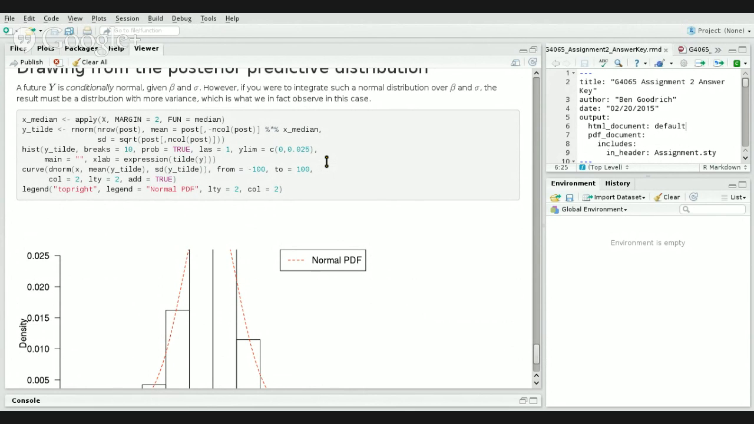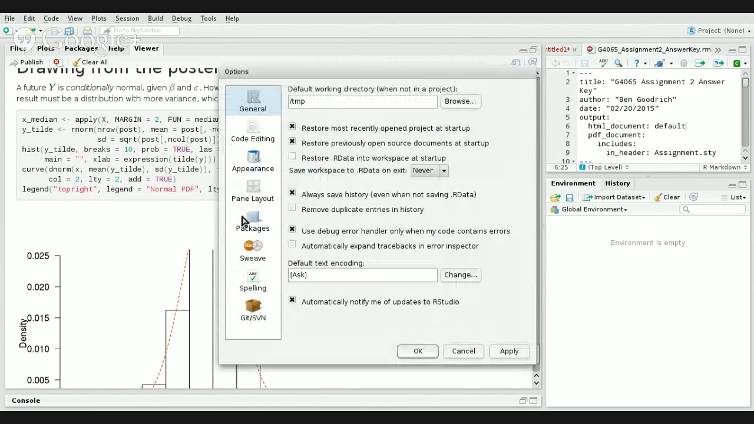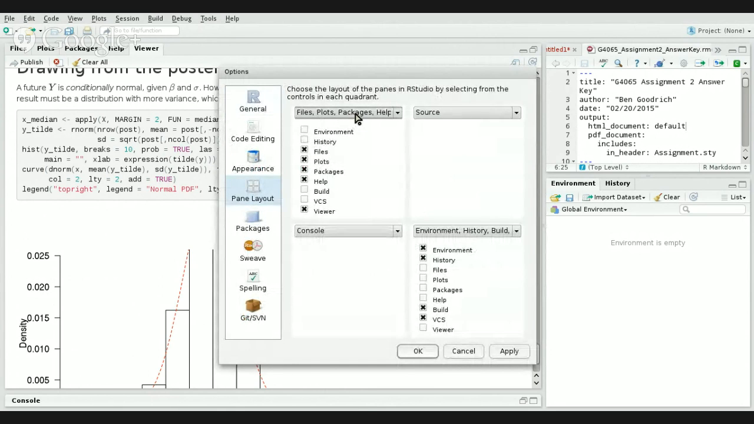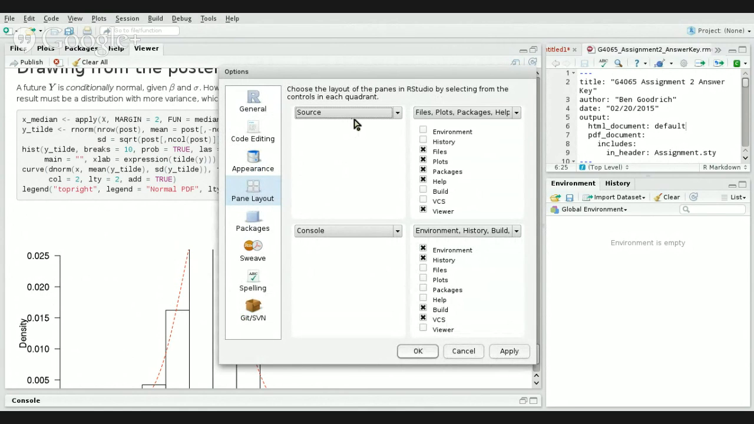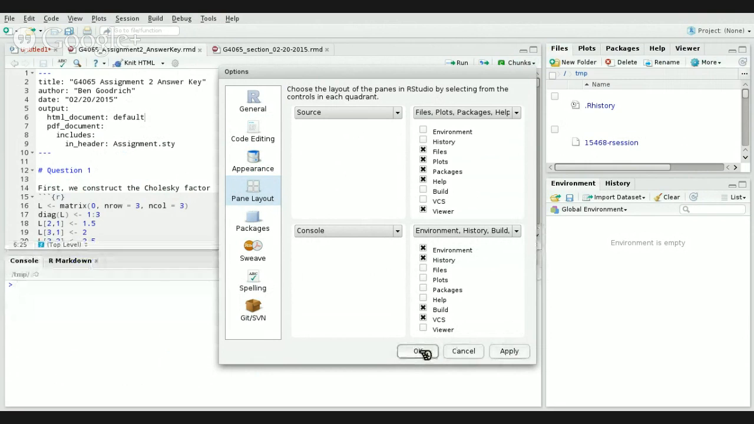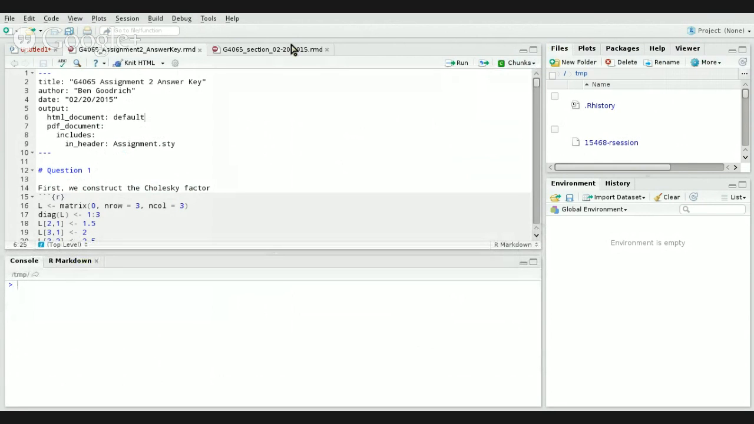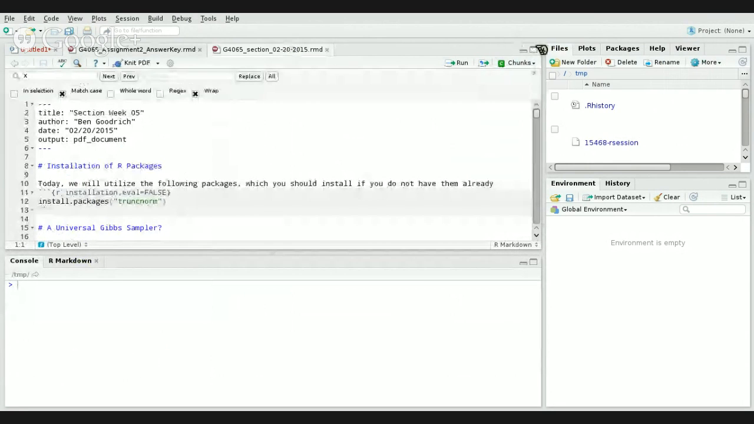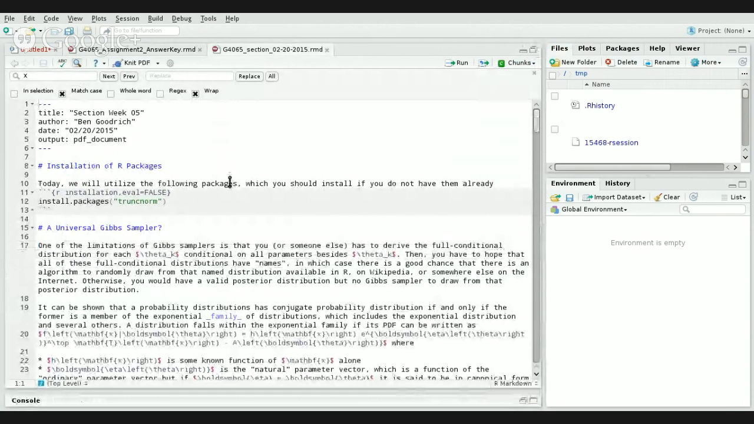All right. So there's a file on Courseworks that you can download and unzip. I'm just going to switch my panes. All right. So today we're going to use the chunk norm package in addition to some stuff that you've probably